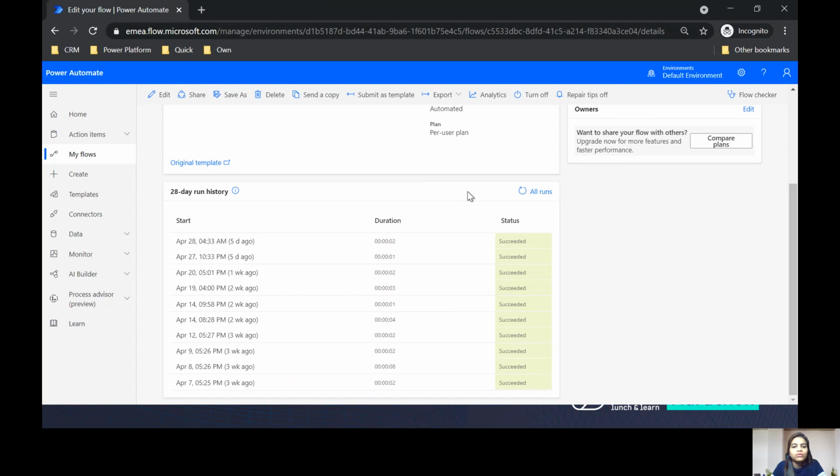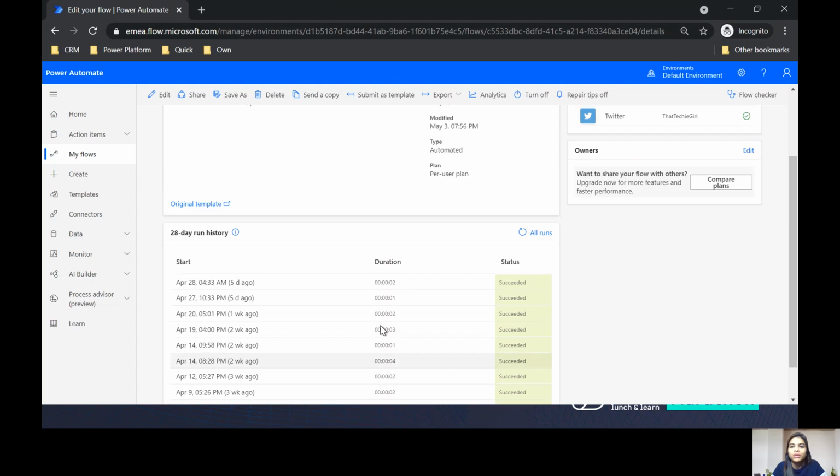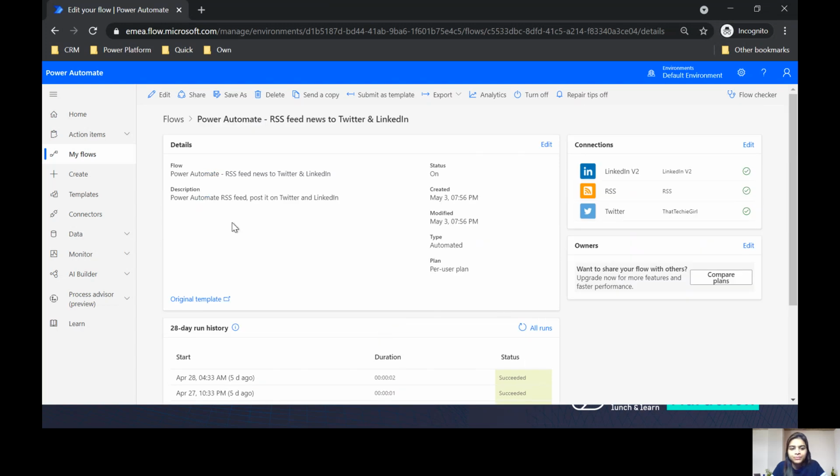If you come below, you will see the history, how it has been doing, and what the run duration is. The duration is also another field for you to check if your flow was running for a long time and you have to get an improvement done. And the status is of course success or failure, based on how it ran.